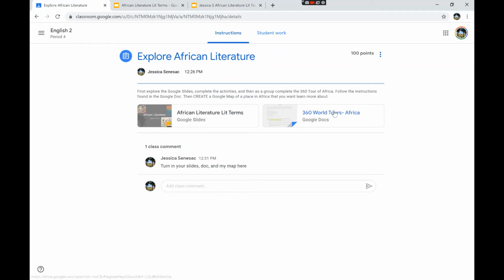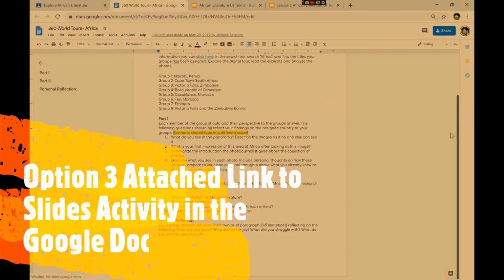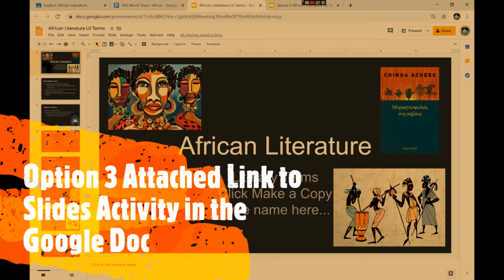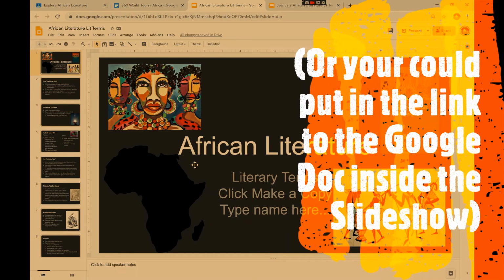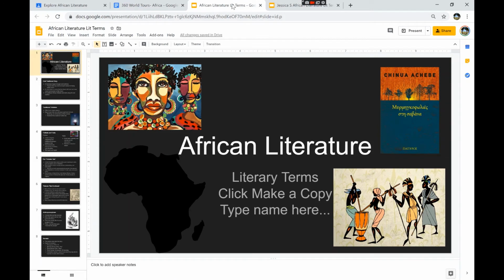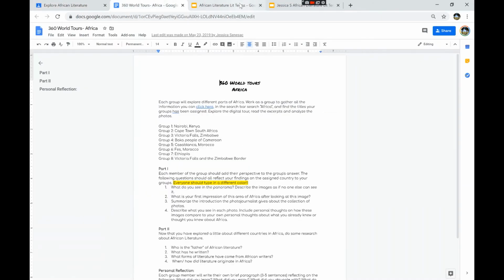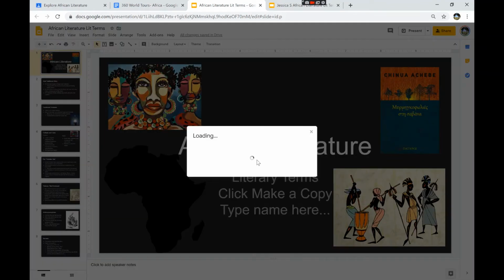Now I want you to see the 360 World Tour activity that has hyperlinks. So I could have put in a link to the African literature, the lit terms, and this lesson. So instead of attaching both the slides and the doc, I would just do the 360 tour and then put a link to the lit terms in here. So how I would do that is I would find the share, I would find the link,